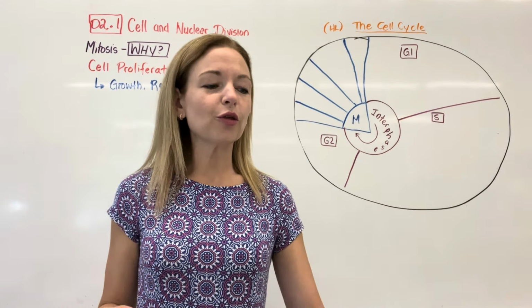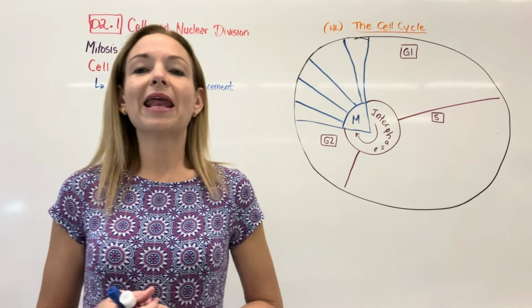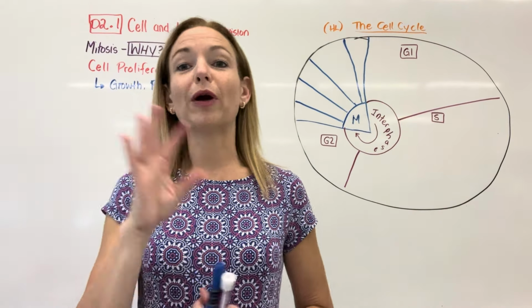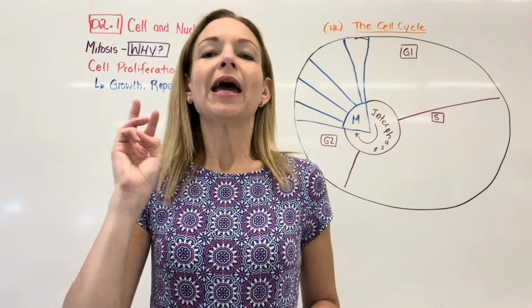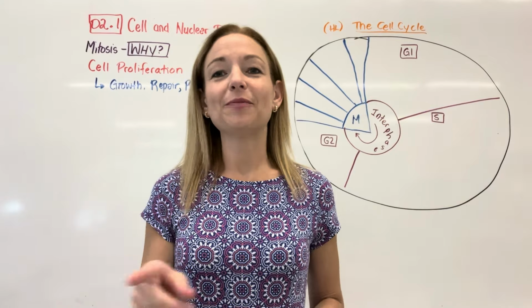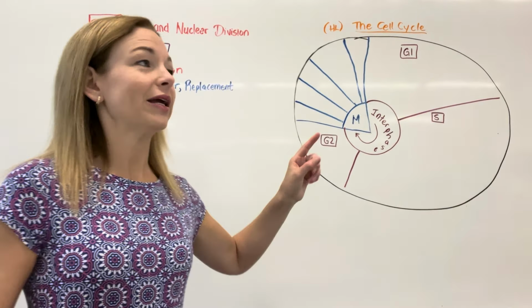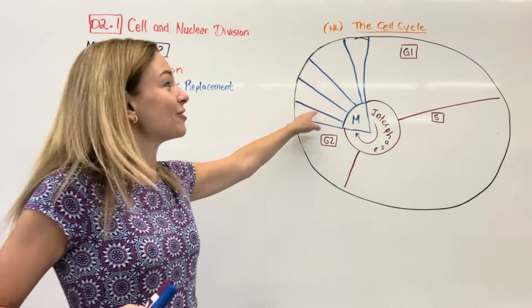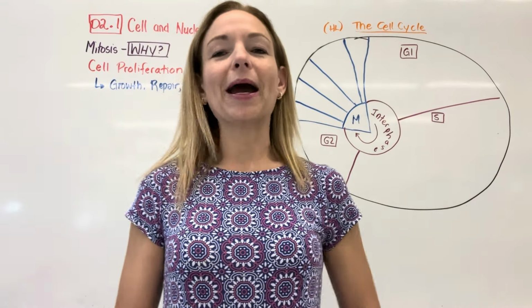Okay, so we're going to go through the cell cycle, and as we go through the cell cycle, we're going to do regulation of it as we go. And again, for the next 15, 10, I don't know how long this is going to take, everything related to this circle is going to be HL until we get to mitosis. So fast forward until I start writing in those lines, and then pick back up again.